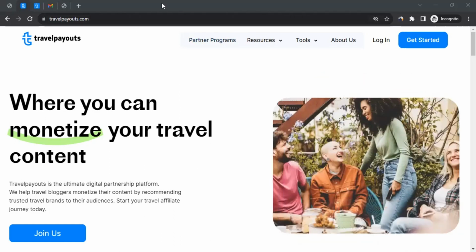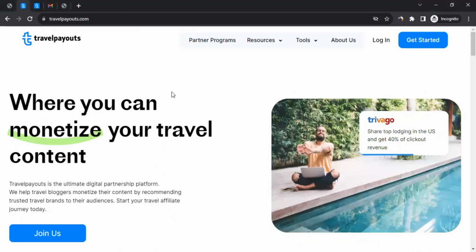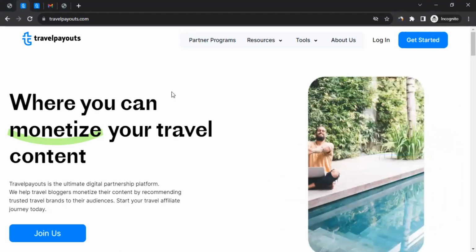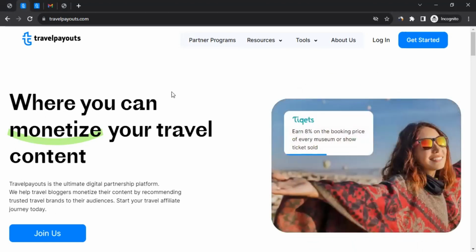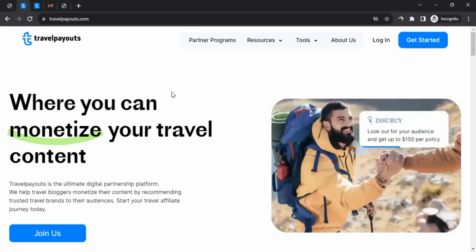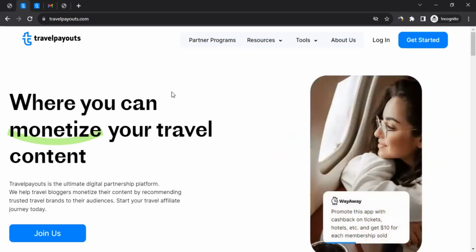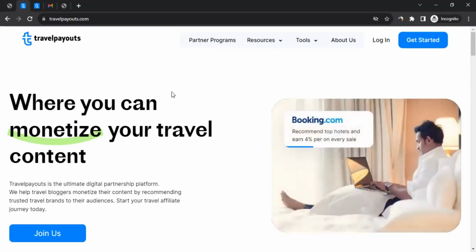platform. Now, to give you an example, are you a travel niche affiliate? If yes, have you ever thought of having a platform where you can just interact with travel-related brands and just apply to the program and promote them? Wouldn't that be amazing? Well, Travelpayouts makes it possible. They indeed provide a platform exactly like that. So through their platform, you can join them as an affiliate and apply to all these amazing brands related to